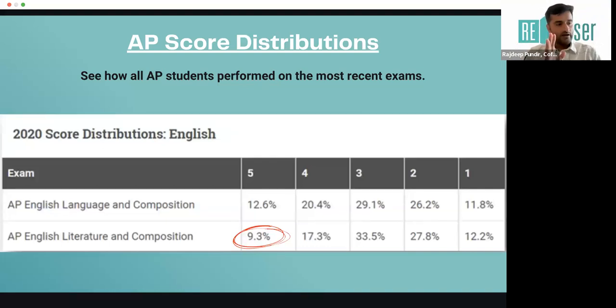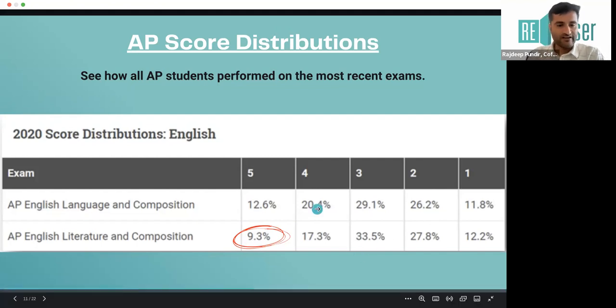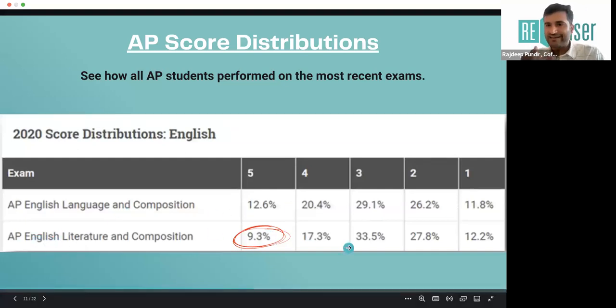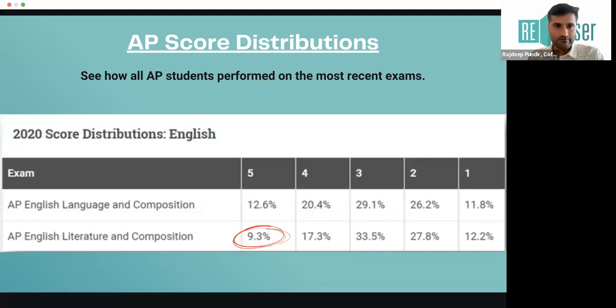There are broadly 3 things that we are going to discuss under this particular category. The first of them is, how does the scoring work, right? Because I want to choose a subject where it's slightly easier to score as well, because I don't want to write an AP and get a 2 out of 5 or 3 out of 5. I want to get a 5 out of 5, right? So let's look at the AP score distribution for the last year; for 2020 is what I have picked up, and see how many students get a particular score. Let's focus on the ones which are marked with green and red, and I'll figure out what inference we are going to derive out of it.